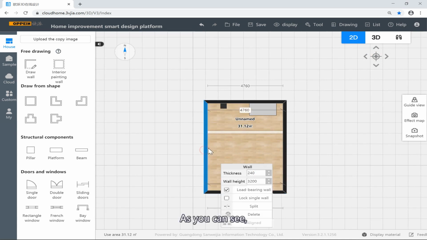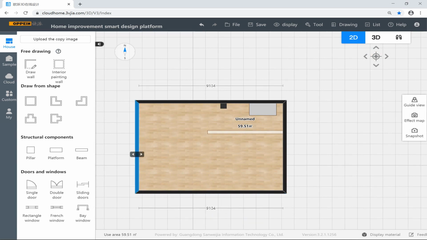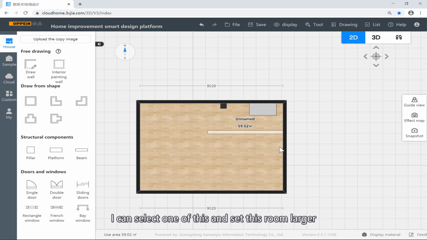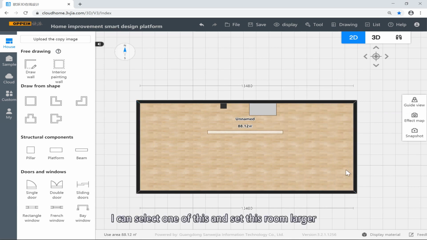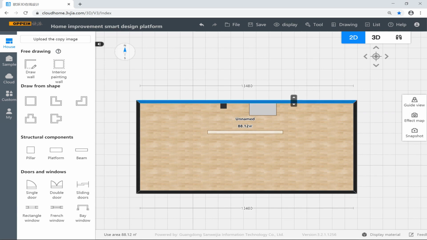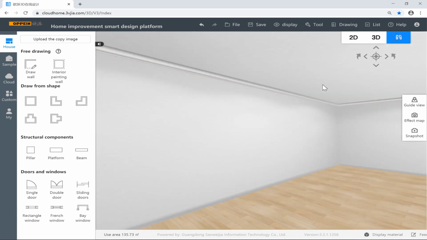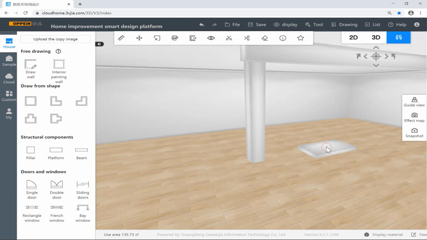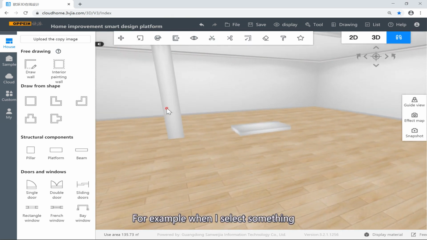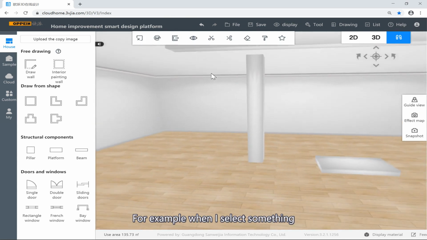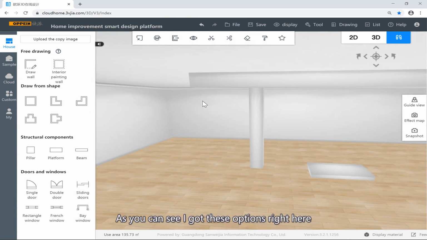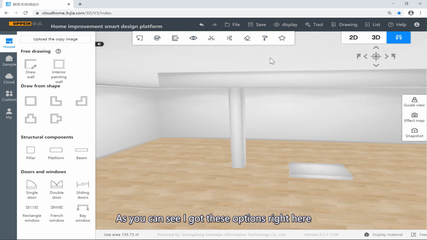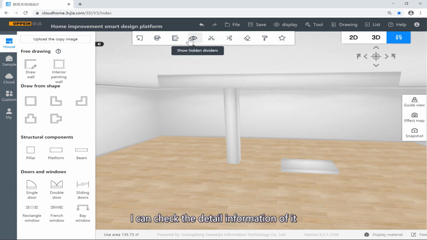Okay, as you can see, now I can always drag this. I can select one of these to drag them to make this room larger. So now I want to make it larger to make my operation easier. Okay, so for now, for example, when I select something, as you can see here, I got these options right here. I can